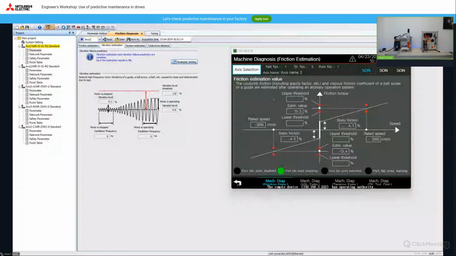And so here you can see that the level of the friction goes from 14 to almost 15, but the axis, I think, is overloaded, so it's not pressing so hard. So let's